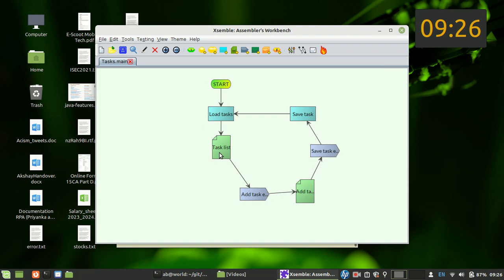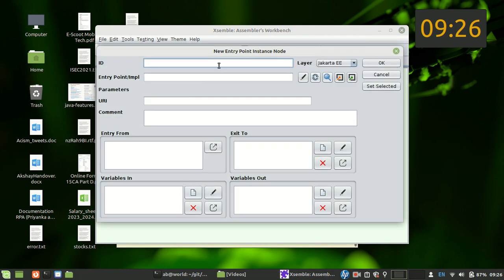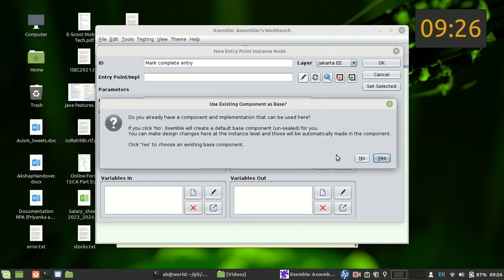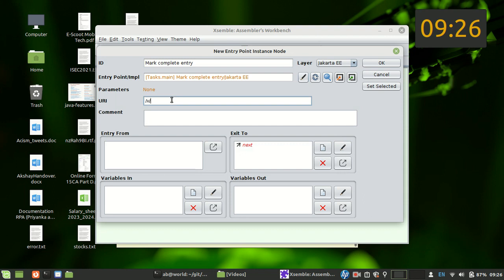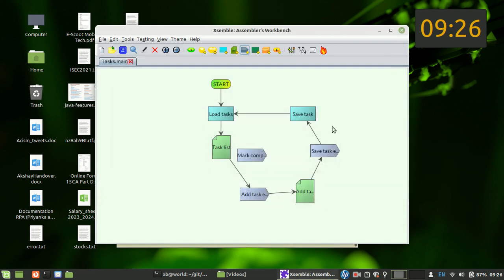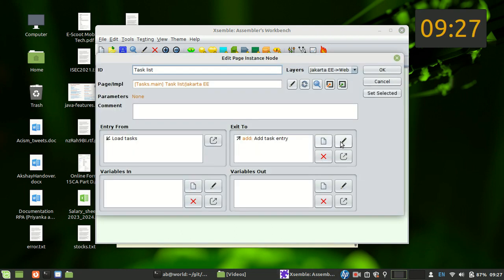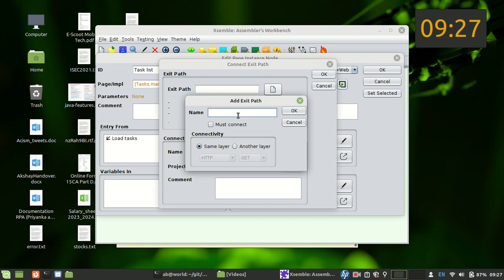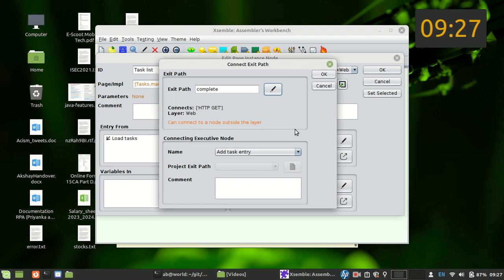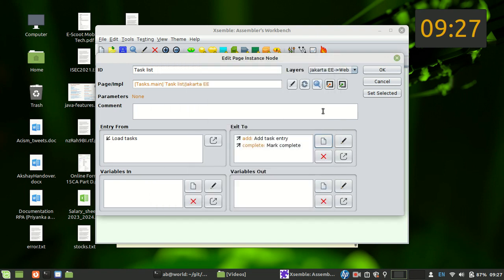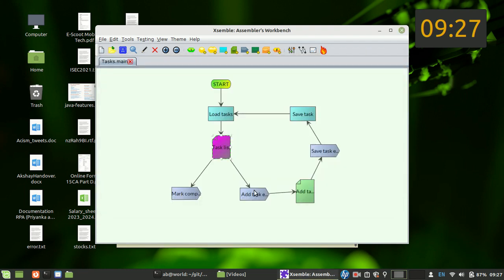So as I know, from the page I'll need an entry point, mark complete entry. I don't have the entry point, so I click no, let Xsemble create one, and the URI I'm typing as complete. It's okay. So now I'll be able to connect this entry point from a newly created exit path. Complete goes to another layer, HTTP get is fine, mark complete entry. So once I make this connection, now you can see the task list is being connected to this mark complete